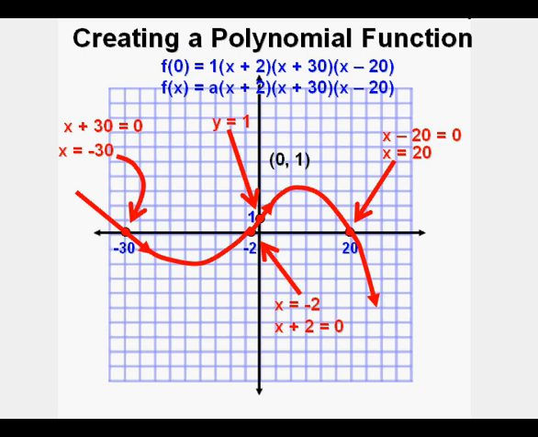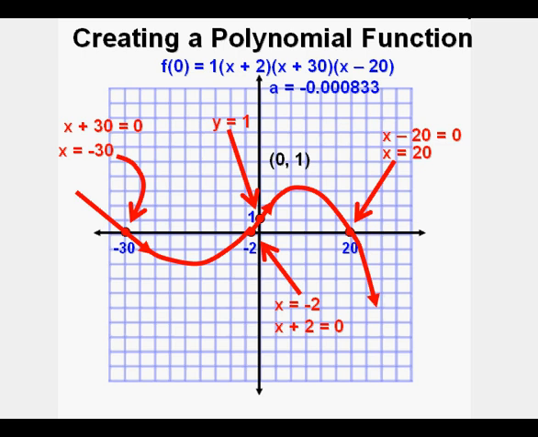Next, we take the coordinates from the one other point, the only point that is not on the x-axis that we have, and that is the y-intercept of 0, 1. The y-coordinate of 1 replaces the f of x on the left side of the equation, and the 0 for x replaces x in these 3 places in the equation. So the equation looks like this, with the 0 replacing the x's. So this simplifies to 1 equals -1200a. So solving for a, we have a equals -1 divided by 1200, which decimalized approximates to a equals